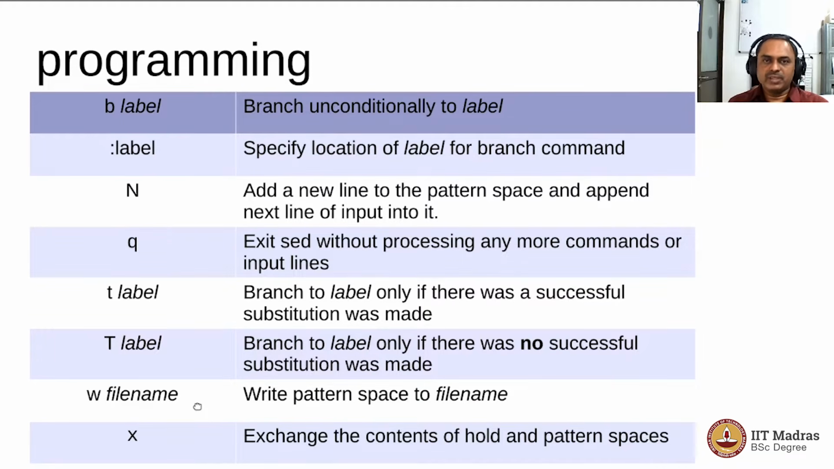You could also do branching conditionally, whether or not a substitution has taken place successfully. Small t would work for branching when the substitution was successful. Capital T would be when it is not successful. And you could write whatever is in the pattern space to a file if you wish using the W command, and you could also swap the contents of the pattern space and hold space using the X command. So this provides quite a few possibilities for programmatical approach, including recursion